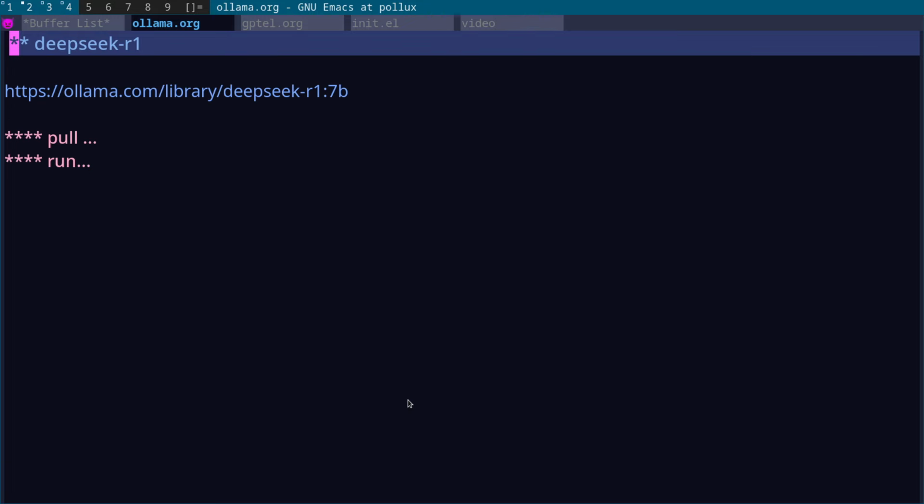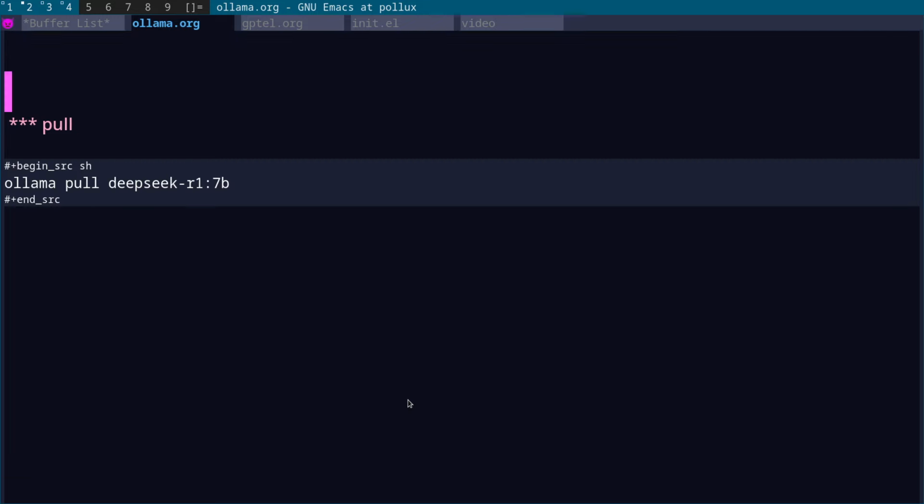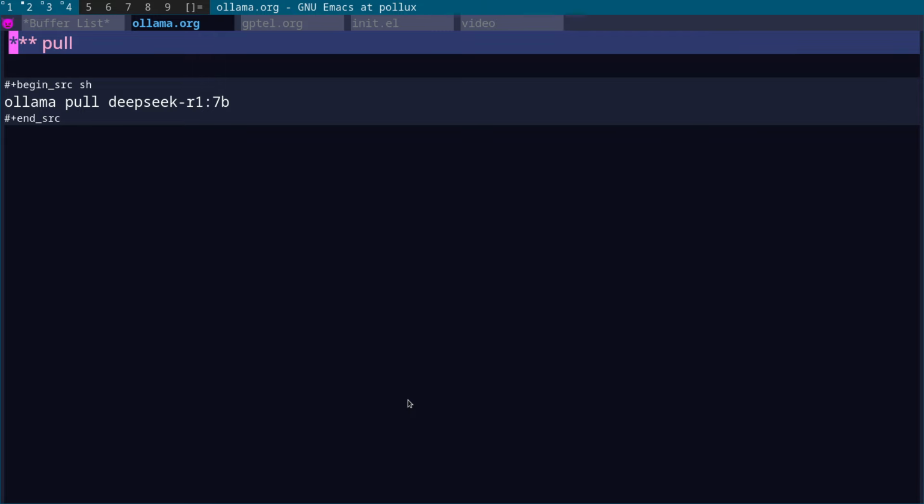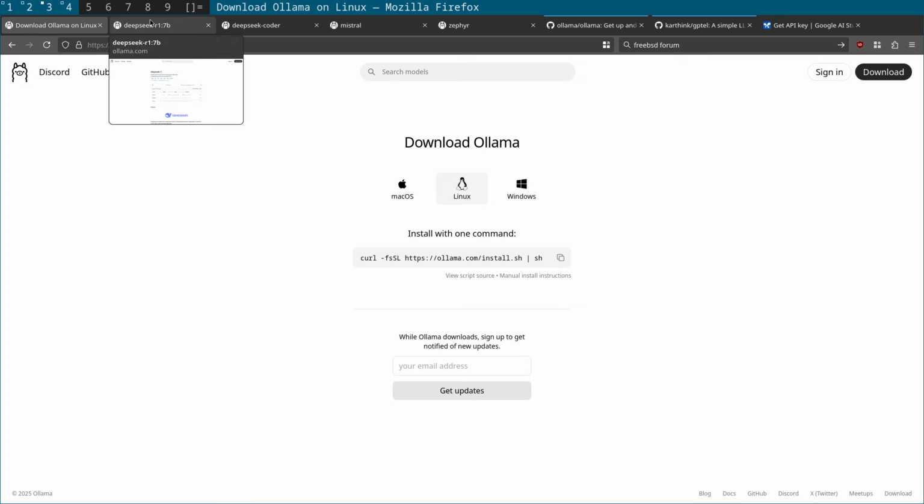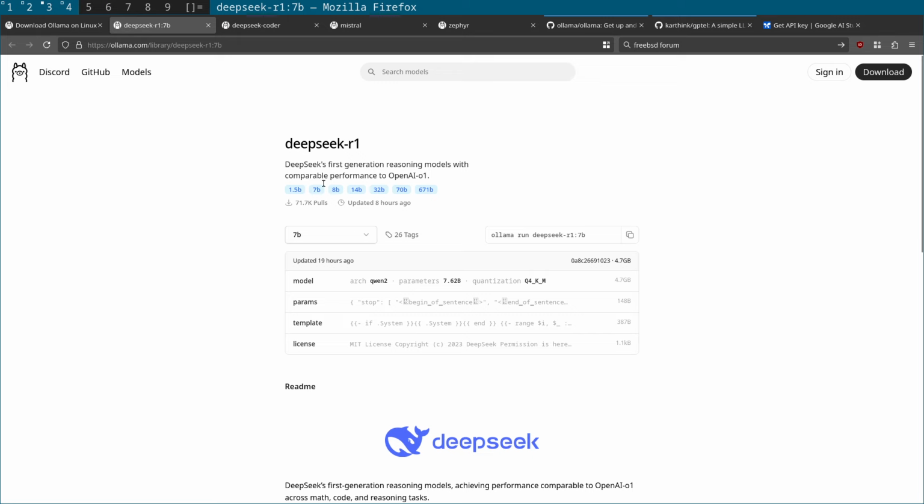So this is the URL for the page that I just showed you previously. What we're going to do is pull it. To pull the model, we would run ollama pull deepseek-r1:7b. If I come across to the DeepSeek page here, what you'll notice in this pop-up is